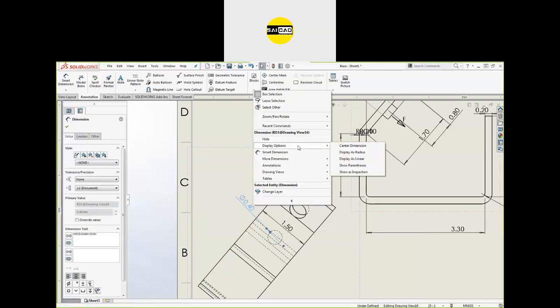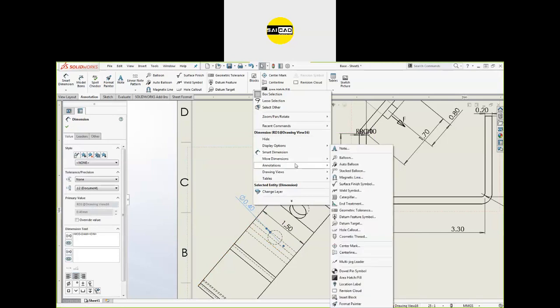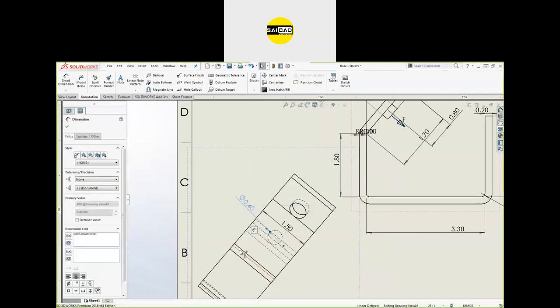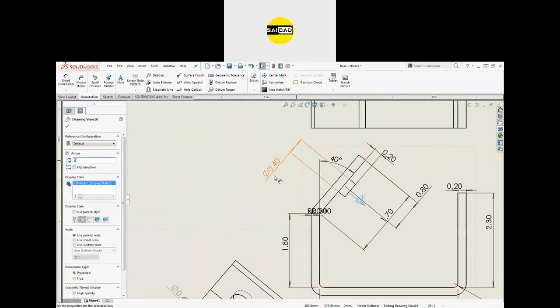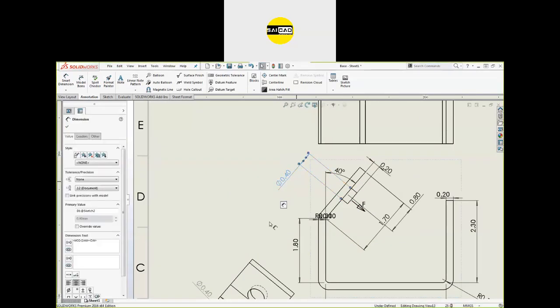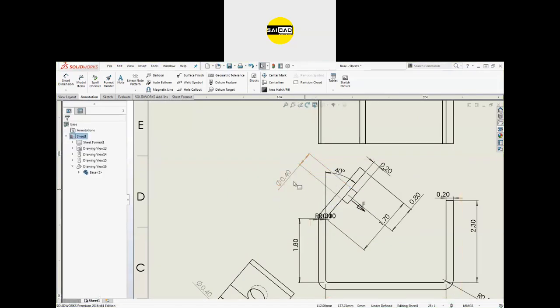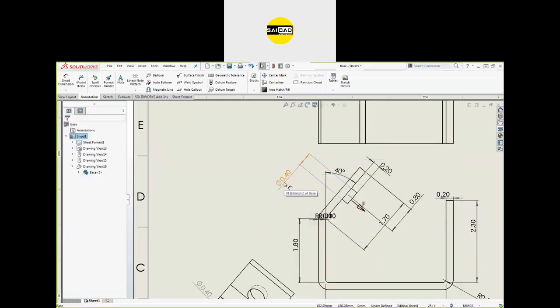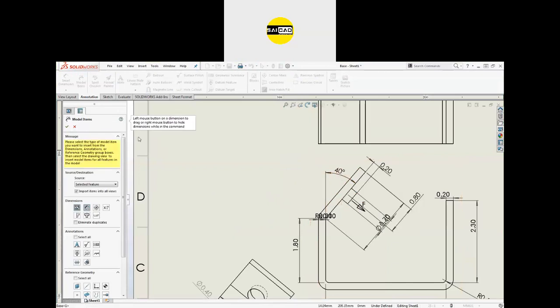Okay, again, the difference between this dimension and the other one is that we cannot edit this dimension. If you double click, you will not be able to edit this dimension. But from here you can see these dimensions are black in color, dark black. If you double click here, you will be able to edit those dimensions. Okay, so this was given. I'll just read that. Item, I'll just select that.